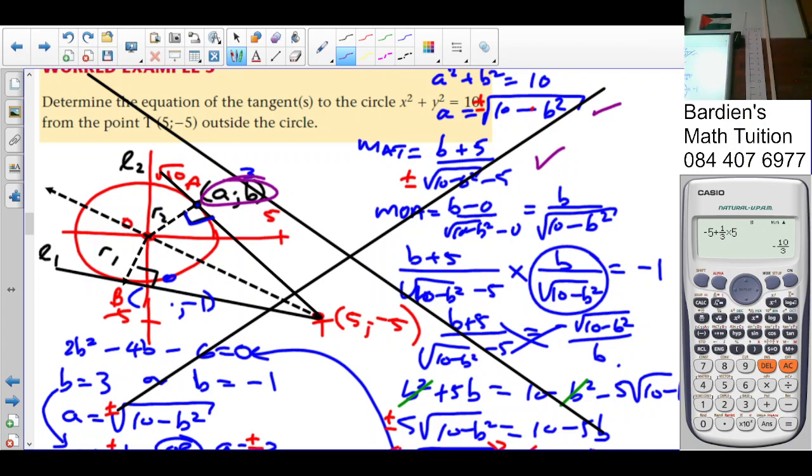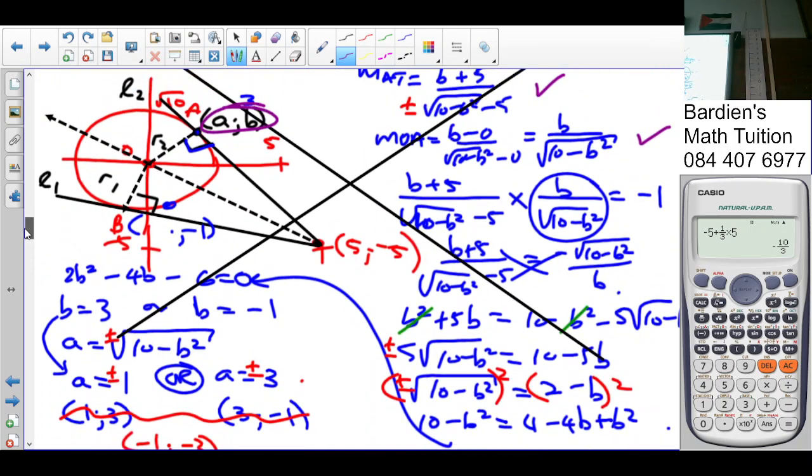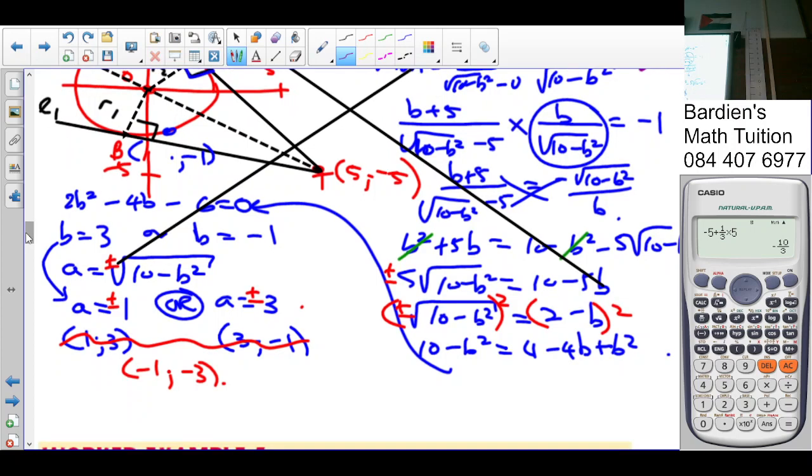Then I went to the gradient of b minus o over a. Right, that is also correct. Then I multiplied the two gradients. I divided both sides. I think my mistake was keeping that plus and minus there. So if I divide throughout by 5, which I also did,